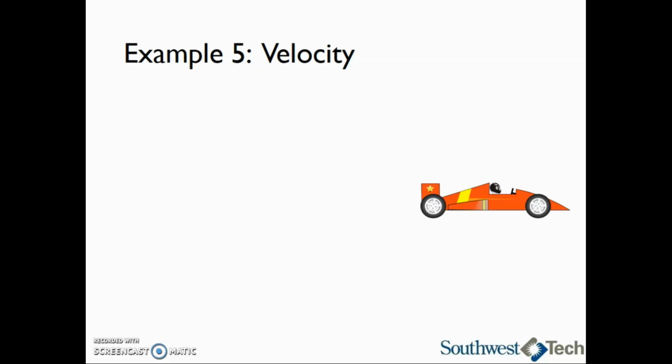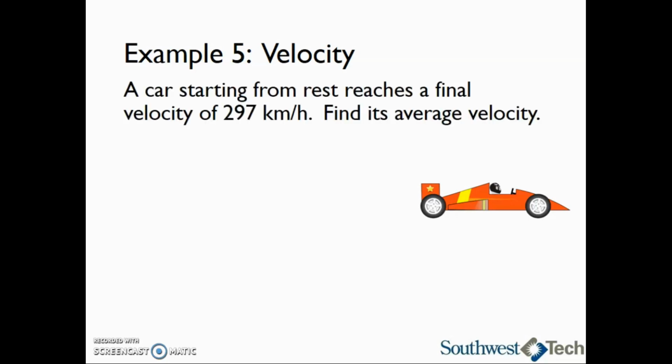Let's take a look at an example of uniformly accelerated motion. A car starting from rest reaches a final velocity of 297 kilometers per hour. Find its average velocity. The very first thing we want to do with all of these problems is write down the information we are given. We know that the car is starting from rest, so the initial velocity is 0. The final velocity, we are told, is 297 kilometers per hour, and we are trying to find the average velocity,